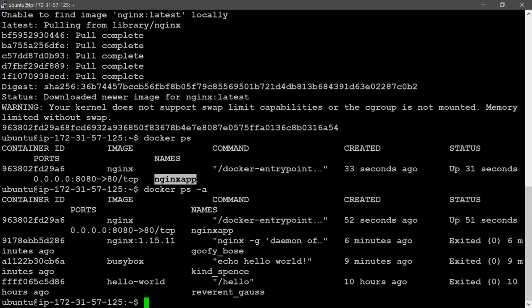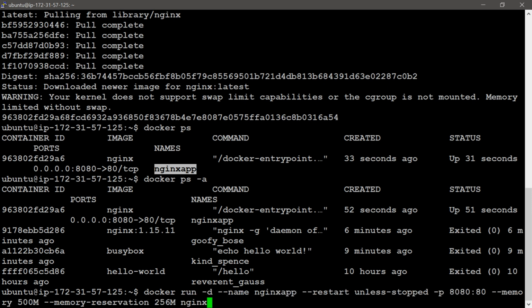I will show one more time which command I am using here. This command I used for this nginx app. Here you can see nginx app. This is the container running with the docker run command.